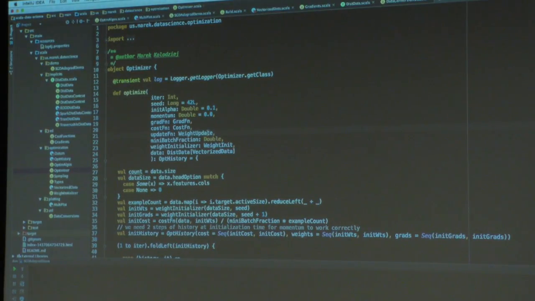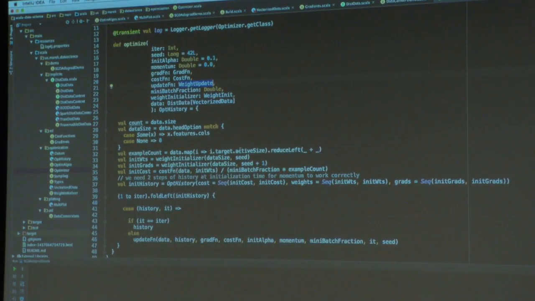And for the update function, this is actually where we provide the weight update. Since Scala is functional and functions are first-class citizens, we can basically provide a function object here which defines our particular update rule, which is different between Adagrad, Adadelta, SGD, VSGD, and all of the other optimization algorithms.